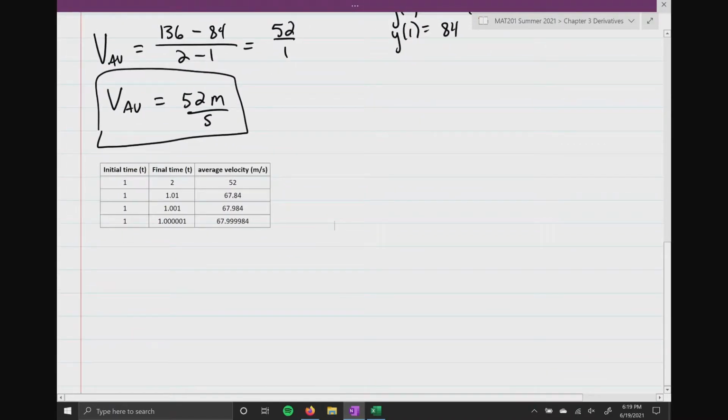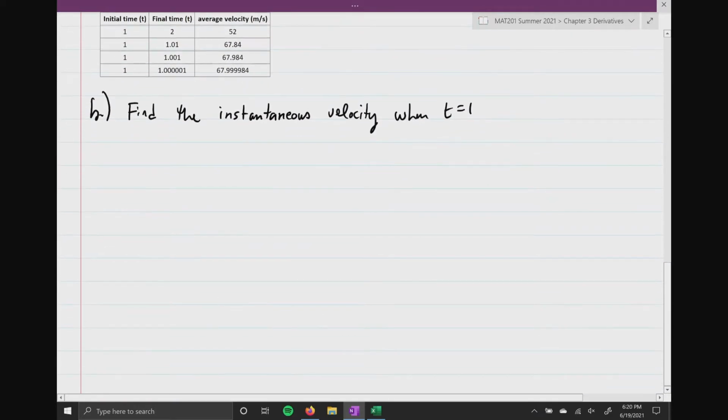Okay? So here, this is all part A. Now, part B wants us to find the instantaneous velocity when t equals 1. So if we use the equation that we gave earlier, okay, we know that the instantaneous velocity,